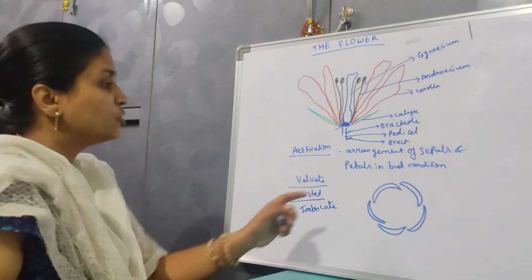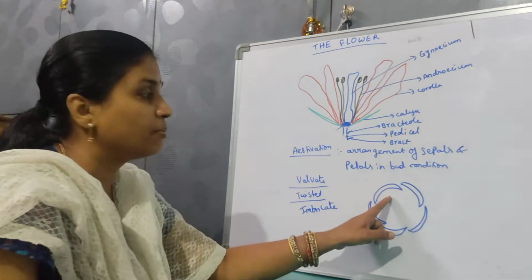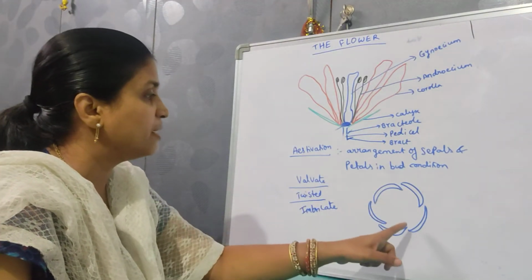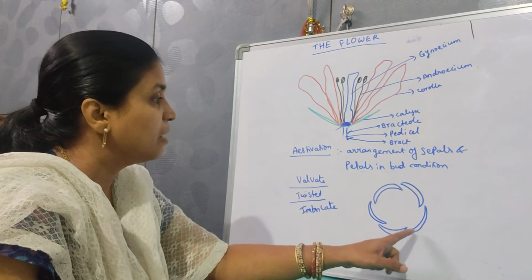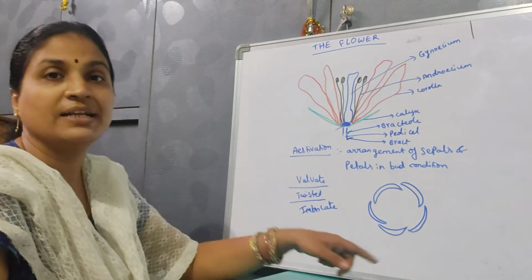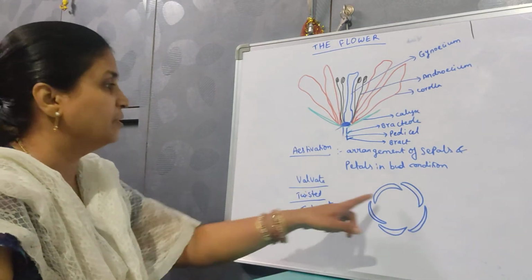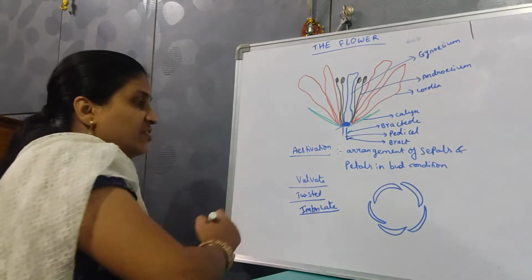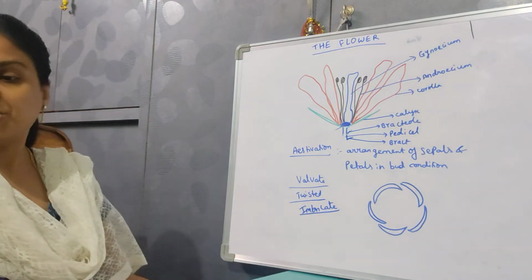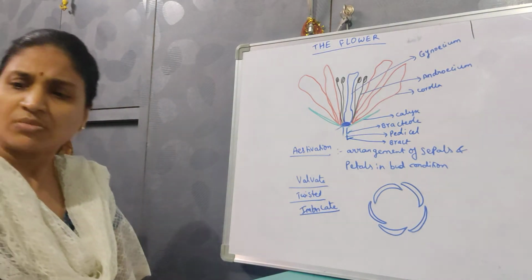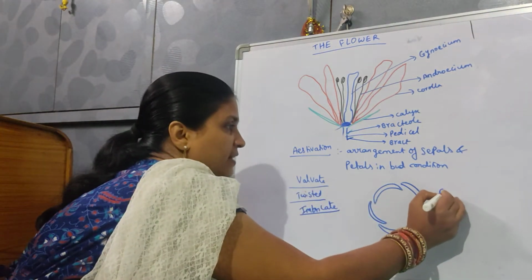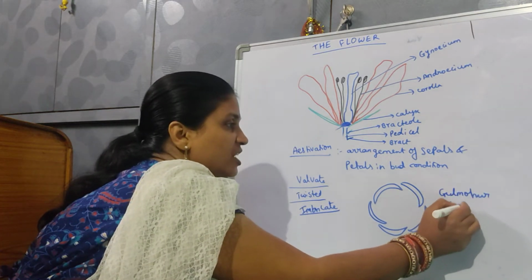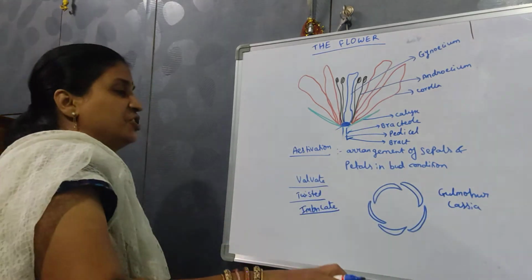Such a petal or sepal is completely inside. It is overlapped inside by these petals or sepals. Then the margins of this petal or sepal are completely outside. They are not overlapped. The two margins are overlapped. So this is imbricate estivation. Such type of imbricate estivation can be observed in Gulmohar and in Cassia. You can observe such type of estivation.